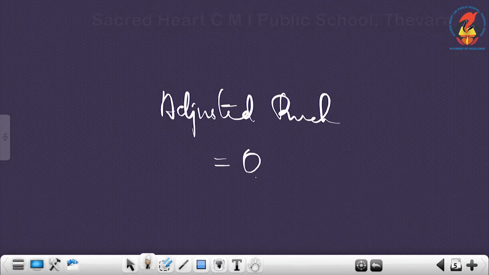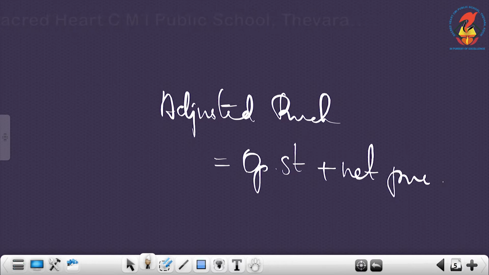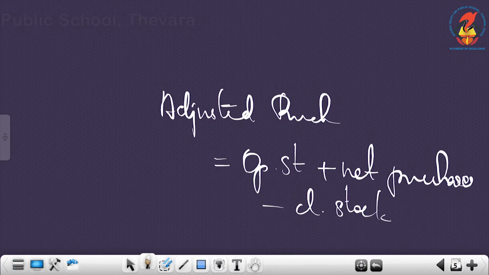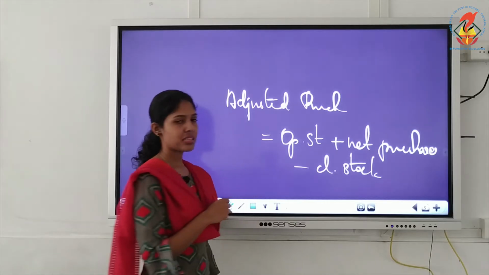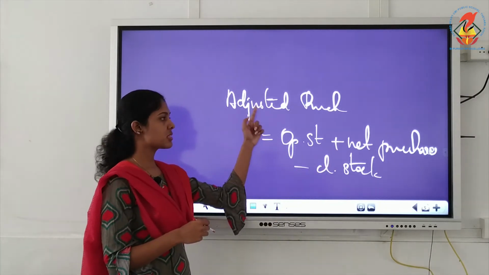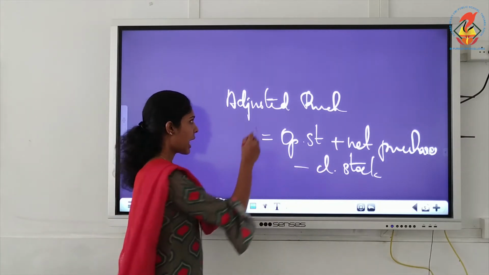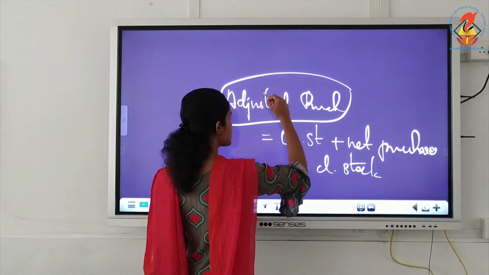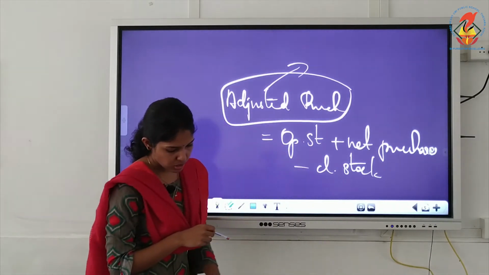Three items are being adjusted in this. One is opening stock, then we have net purchases. Net purchases means total purchases less returns, that is net purchases. Okay, then less closing stock. So, three items are being adjusted in this adjusted purchases, and in this question we have this adjusted purchases amount is rupees